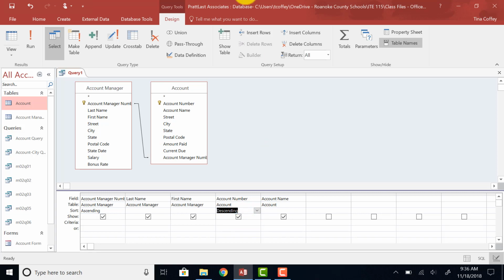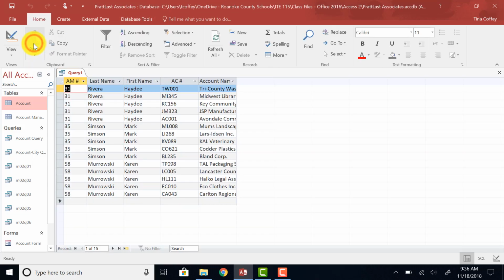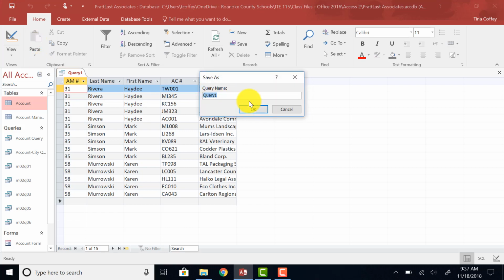And then I'll run the query. It will query both of those tables and pull out that information. It'll give me the last name of the account manager and their number, and then tell me which accounts are attached with that account manager so that I can see which accounts each account manager has. I'm going to go ahead and click the Save button, and I'll call this a manager account